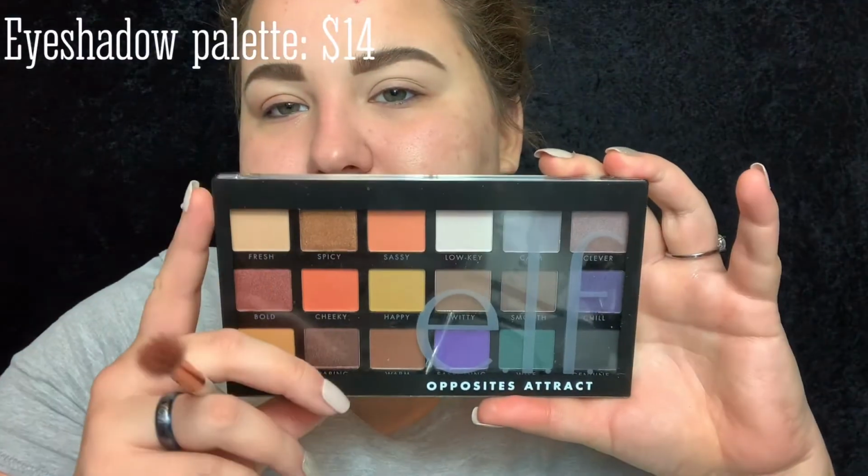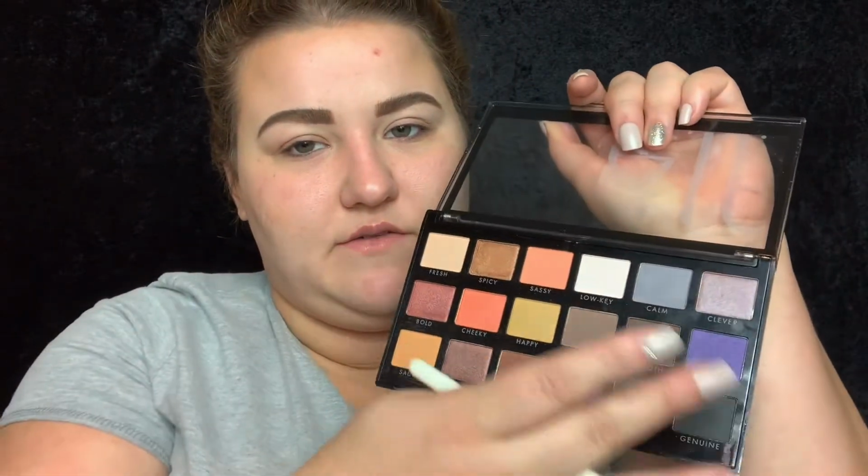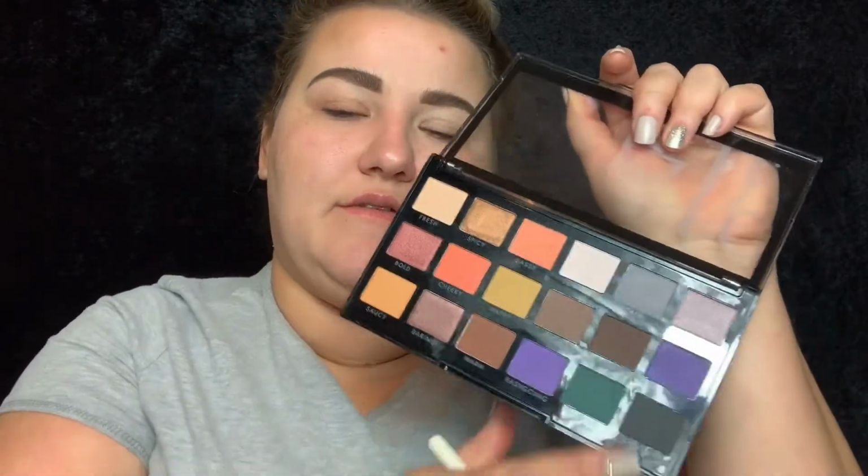So I'm using the Opposites Attract palette. It's been around for a while, but I just have never jumped into it recently. I'm gonna use this side, even though this side's calling to me over here, because I have a video coming up that's using greens and I just used purple. So we're gonna use